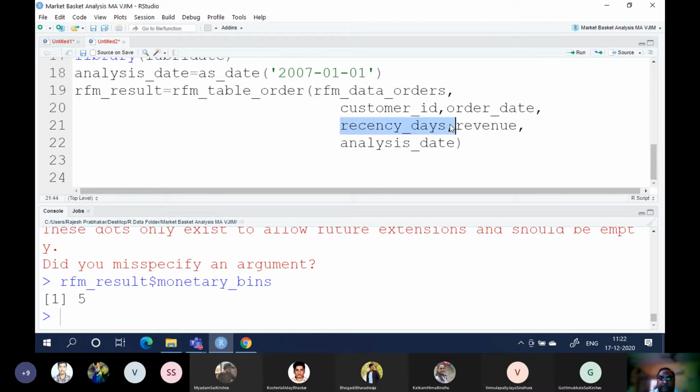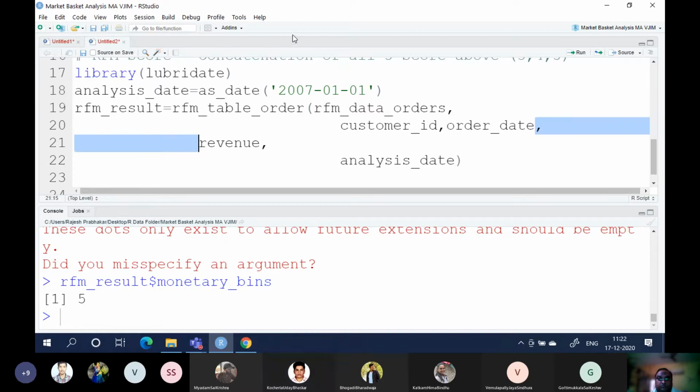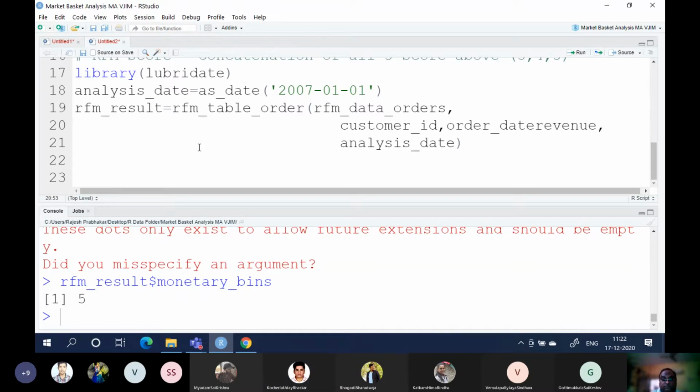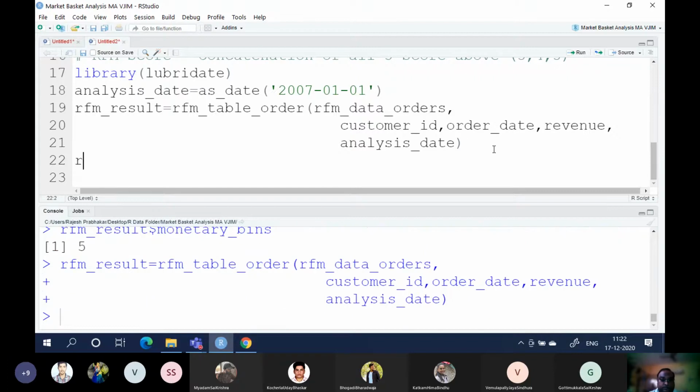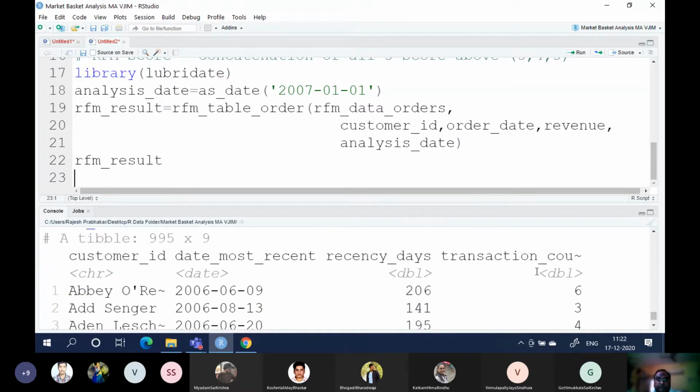No recency dates. Yeah, recency days and transaction count it is giving us based on the customer ID. We got the RFM result.